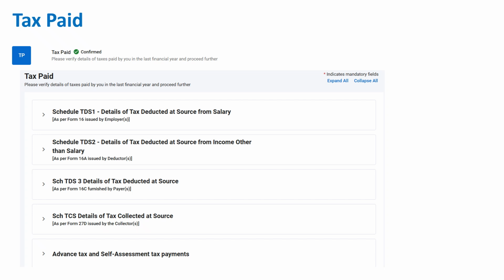After deduction, you need to check the tax paid. Generally, you need not put any data here. Only you need to validate that the tax deducted by your employer or tax deducted on interest and dividend are declared properly here. And if there is any tax payable for you, that means you have to pay some tax, then you can pay that and you can report it under advance tax and self-assessment tax. But if it is already deducted by your employer, then you need not pay any tax here. But yes, it is good that you validate these numbers matching with your Form 16, matching with Form 26AS.